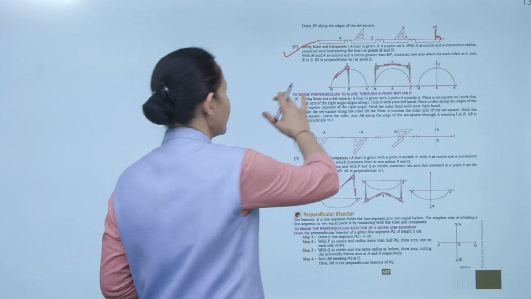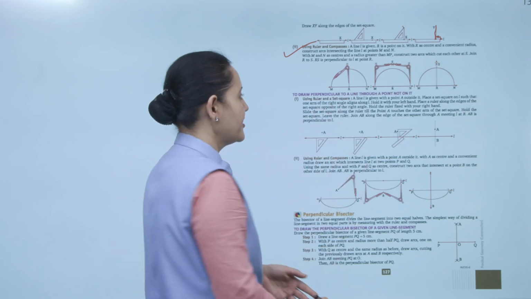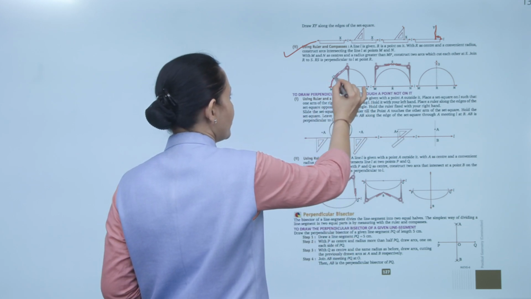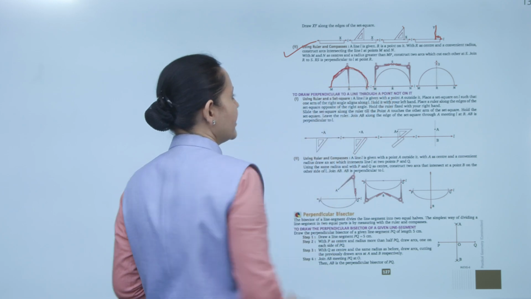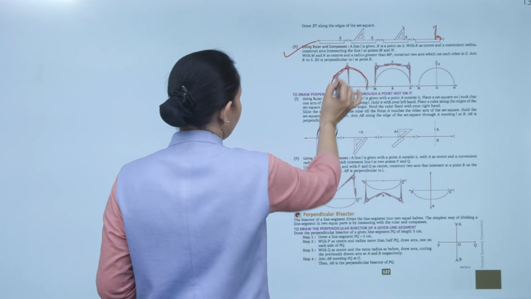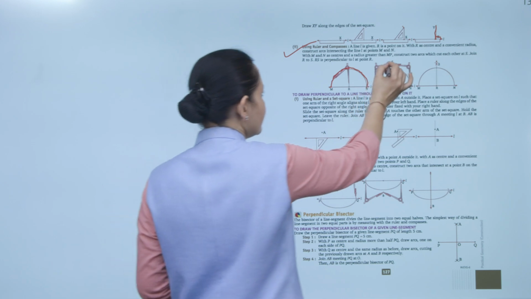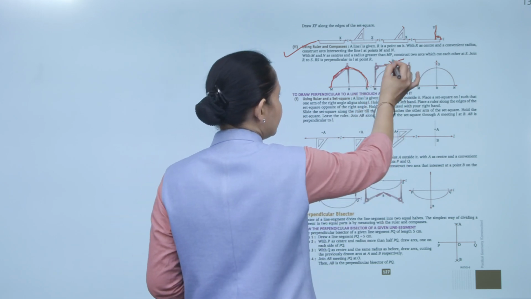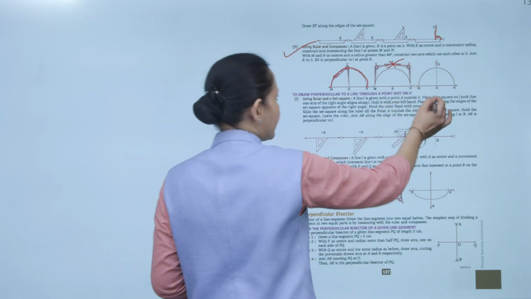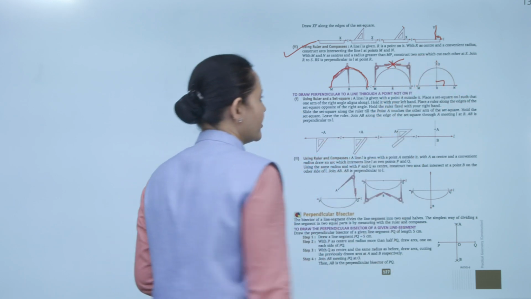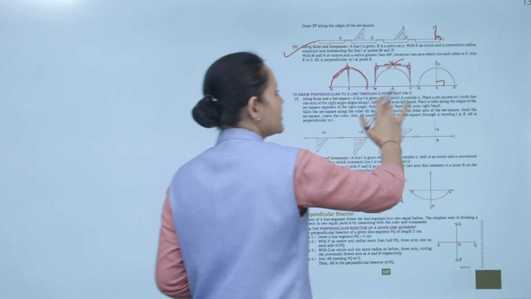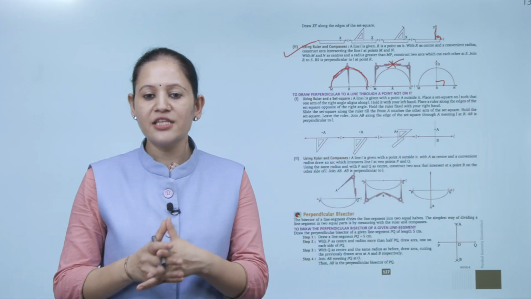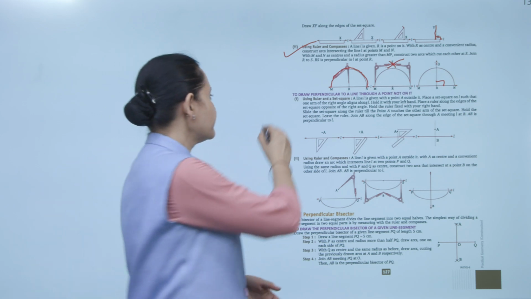RS is the perpendicular of L at the point R. So first, this is a line segment L. There is a point R on it. We will take R as a center and draw an arc, with a radius more than MR. Take M as a center, we will draw one arc. Then N as a center, another arc. They intersect at point S and we will join R to S. That is the perpendicular. So here SR is perpendicular to MN. Clear? Next, to draw a perpendicular to a line through a point not on it.